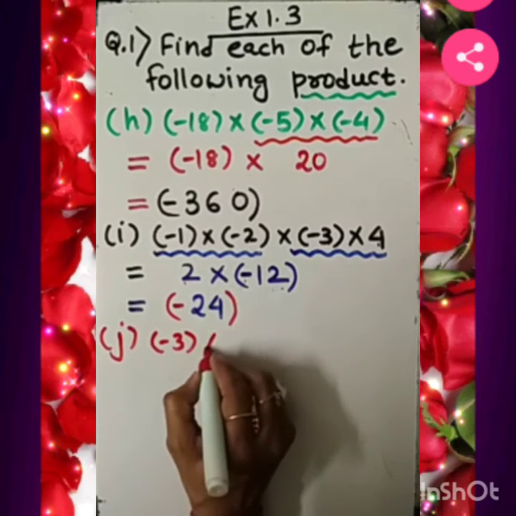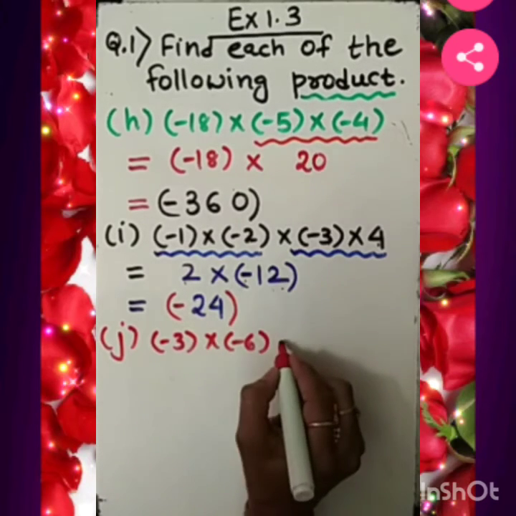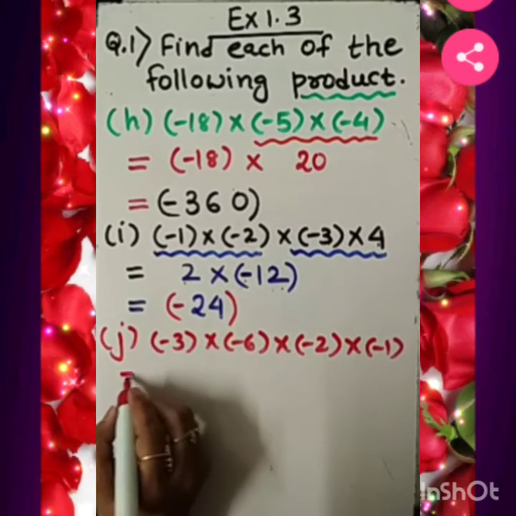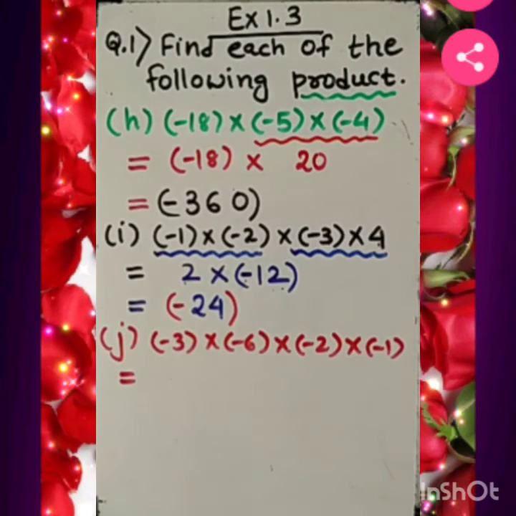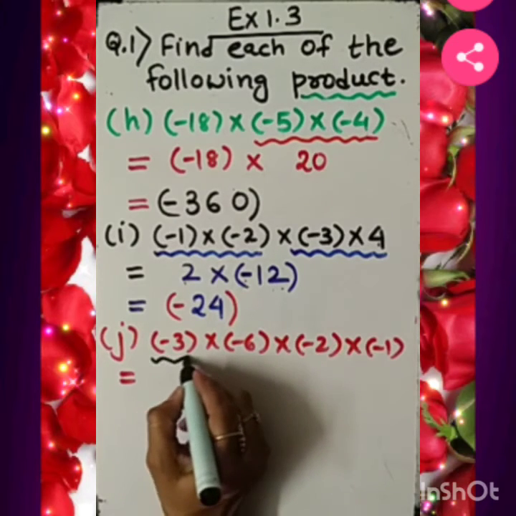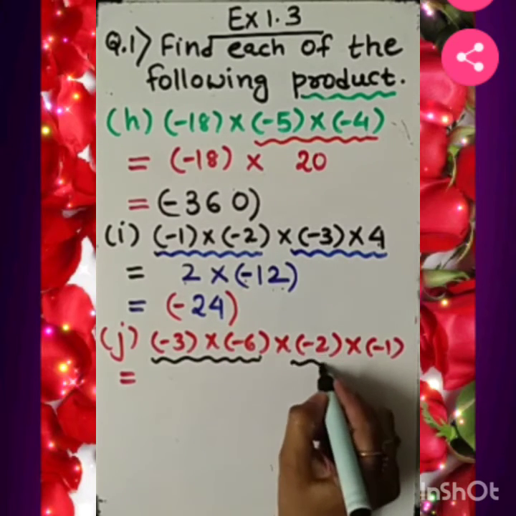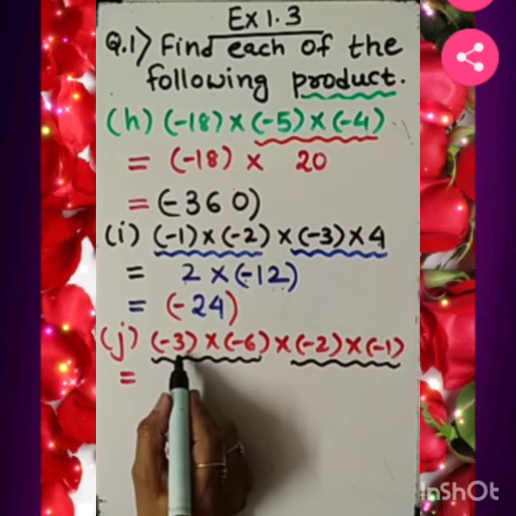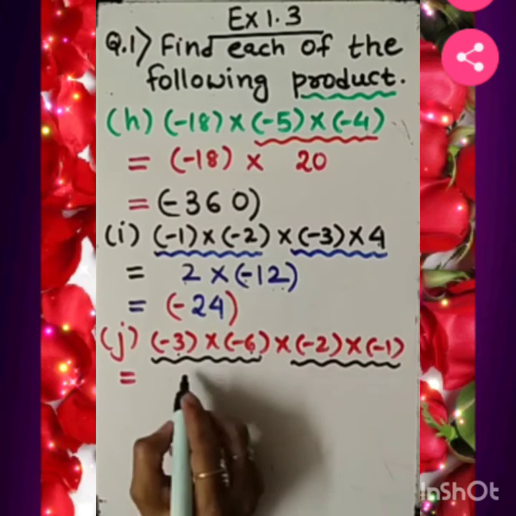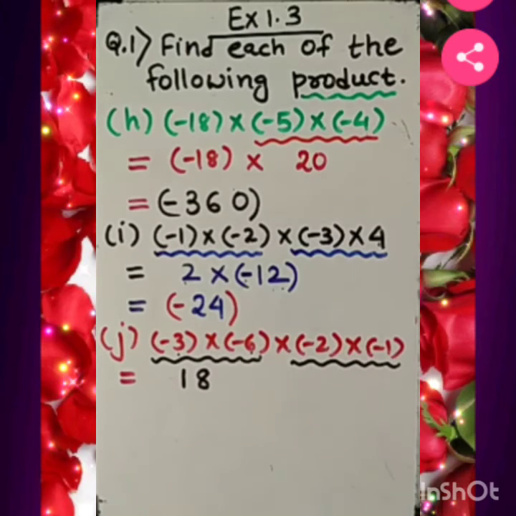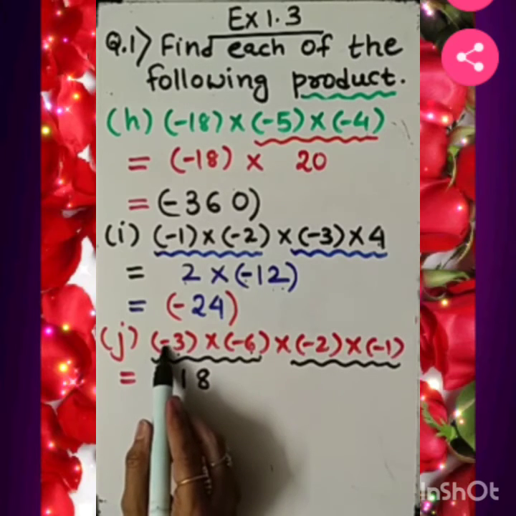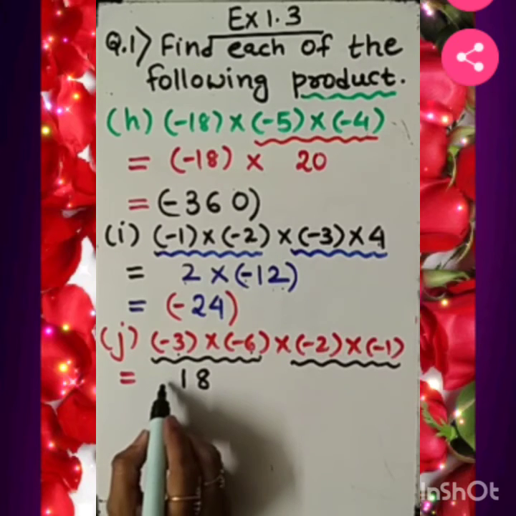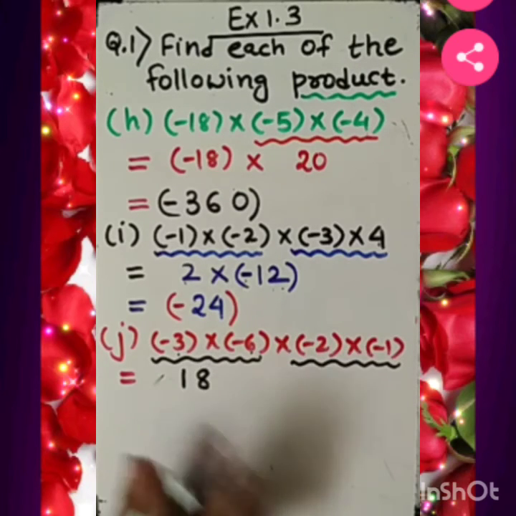Minus 3 into minus 6 into minus 2 into minus 1. Clear? So please look at your screen and see. I am again making the pair of these two numbers and here these two numbers. Clear? Now work out upon this thing. 3 6s are, of course, 18. Now what about the sign? This is minus. This is also minus. So minus minus plus. So the sign will remain hidden. No need to mention plus.